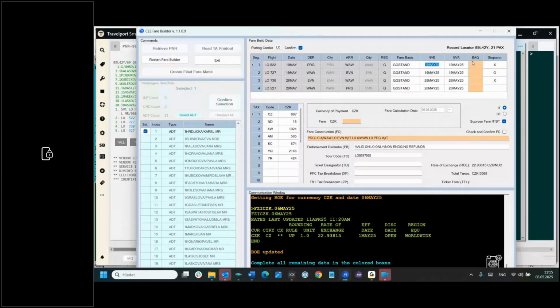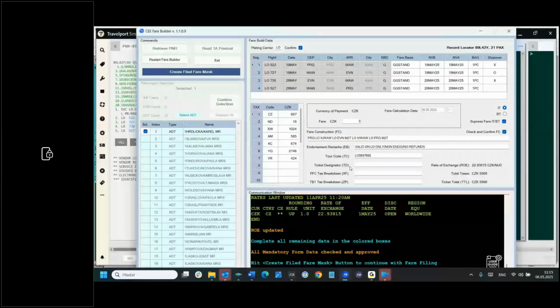Validity is here, baggage is 1 PC, and again can be copied. Stopovers will be the same, therefore they are here. And CZK will be 0, fare will be 0. We will confirm fare calculation, and endorsement box is the same, tour code is the same, but ticket designator, for